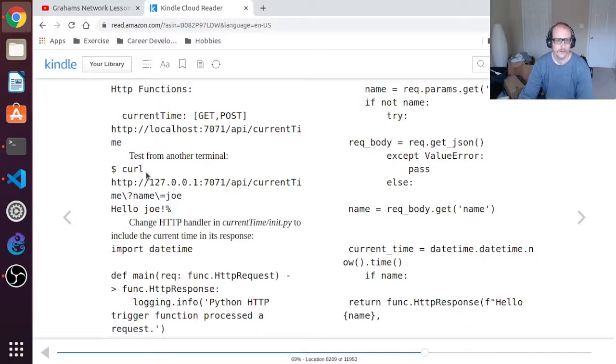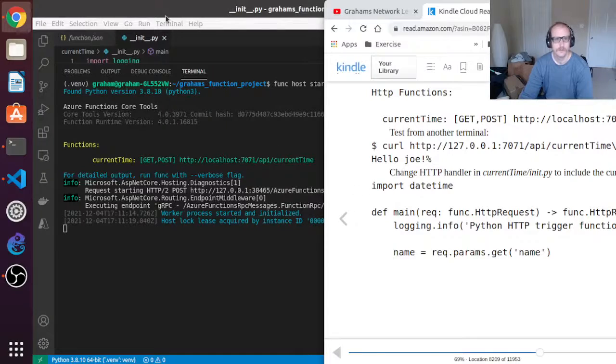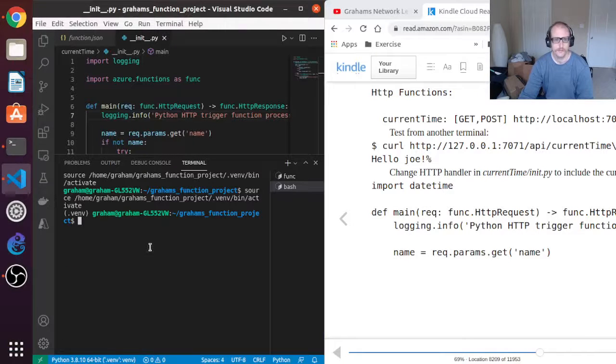Okay, so now we need to test this by using another terminal and entering this curl command. So click the plus sign here for another terminal. You can see it automatically activated that virtual environment. So we're going to do curl